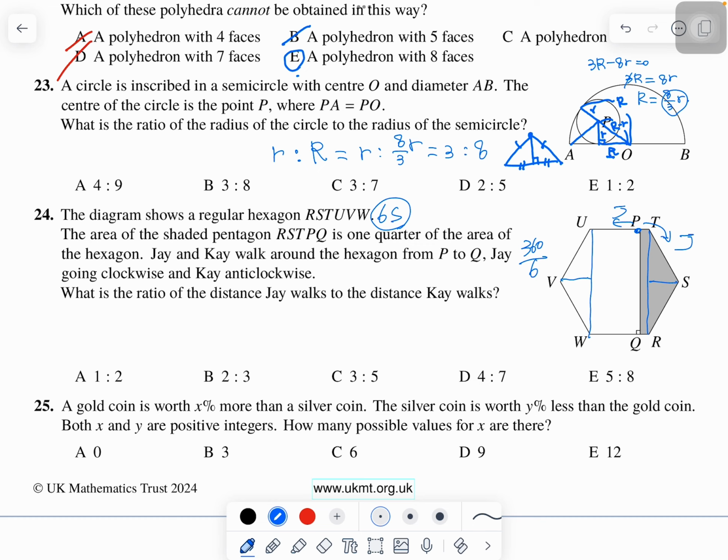This is half of the equilateral triangle. So this is half of the S, this is half of the S, this is half of the S, this is half of the S. So this is 1S. So only this part is 1/6 of the total regular hexagon area. So 1/6,